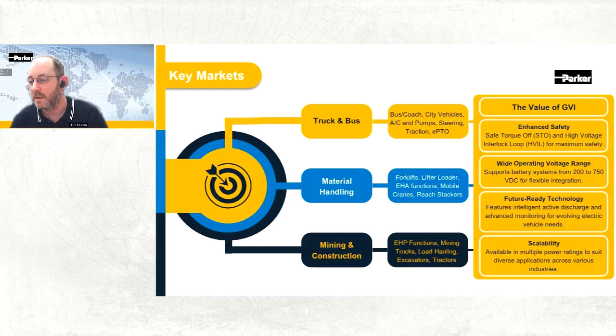We have ideas for the future for actually building in electro-hydraulic pump control, for example, and not just having the I/O, but actually having the software features involved. Cybersecurity is becoming a big thing. It's already very prevalent in the on-road automotive world, but that will spread to the off-road as well. So again, we're working on that for the future. We're trying to build something that is future ready that we can build upon and be the first of many